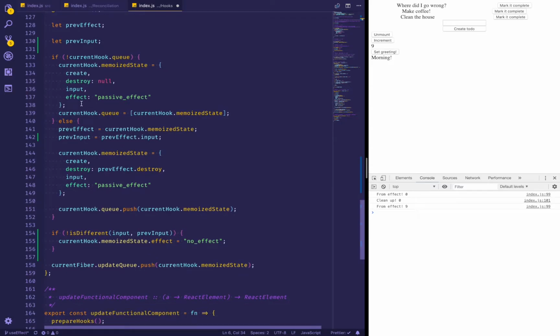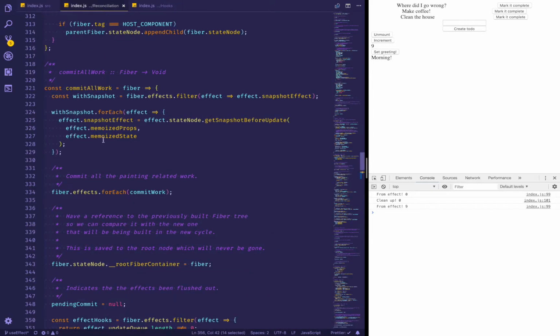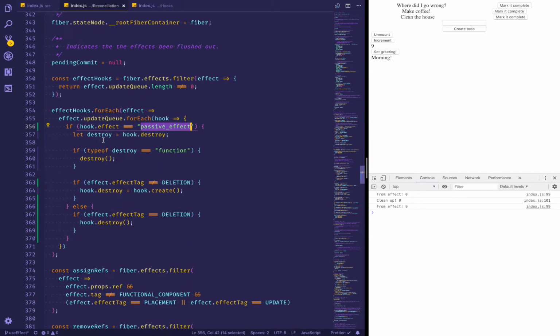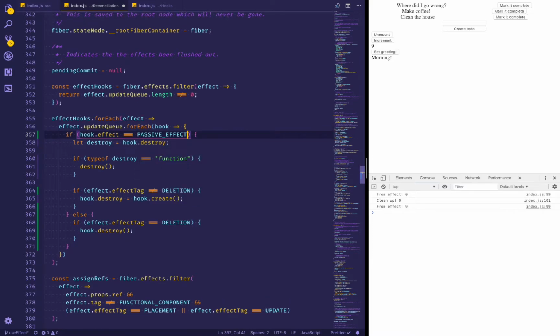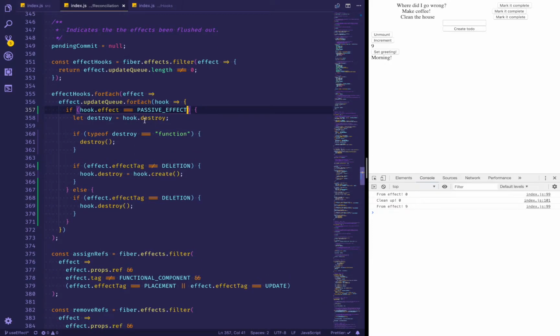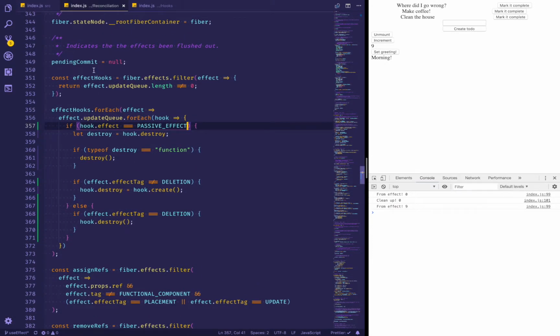And we can change effect, passive effect, passive effect, no effect. Do the same thing here. Passive effect. Okay, so